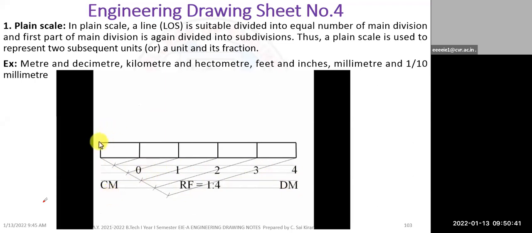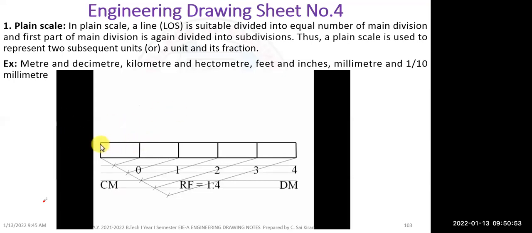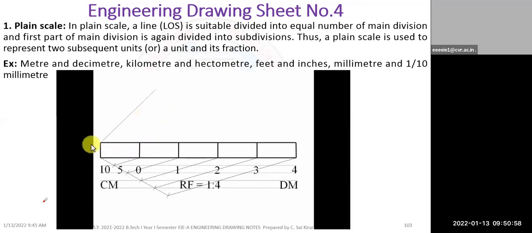Now this portion of the scale over here represents 1 decimeter, and 1 decimeter is equivalent to 10 centimeters. So in order to see a division of 1 centimeter each, what you need to do is divide this section over here into 10 equal parts. And for that, the process is pretty simple. You have to make arcs over here, 10 arcs, since this has to be divided into 10 equal parts. Now these arcs that I'm going to draw are of 5 millimeters. You can always change the arc radii. That's it. 1, 2, 3, 4, 5, 6, 7, 8, 9, 10.